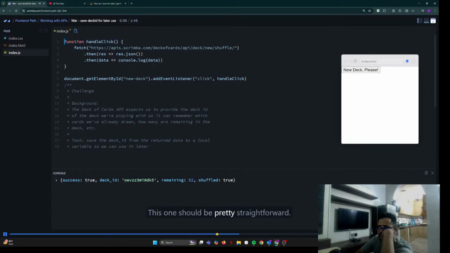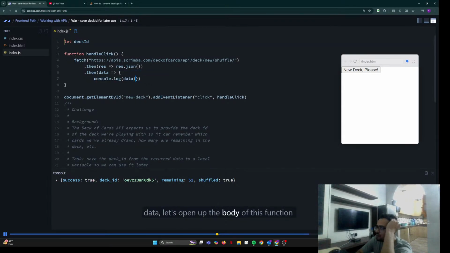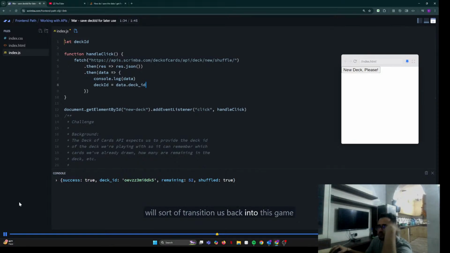Okay, this one should be pretty straightforward. I'm going to say let deck ID, and I don't have the deck ID when the program first runs, so I'm going to set it to an empty string. Or another thing I could do is actually just leave it undefined. And then instead of just console logging my data, let's open up the body of this function, and we will say deck ID equals data dot deck underscore ID. I have to use deck underscore ID because that's how the API defined that property in the data that came back. Hopefully that was a fairly easy challenge that will sort of transition us back into this game of